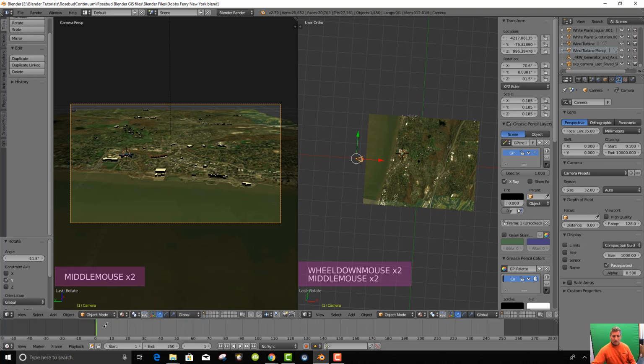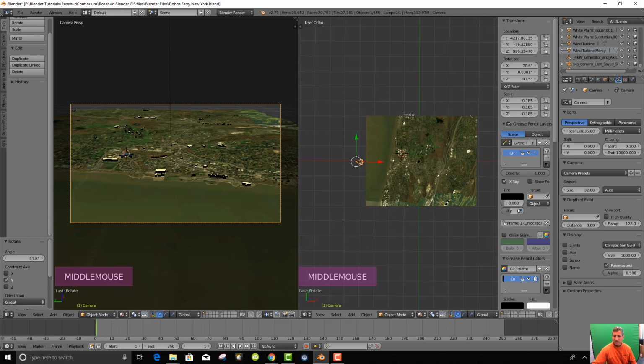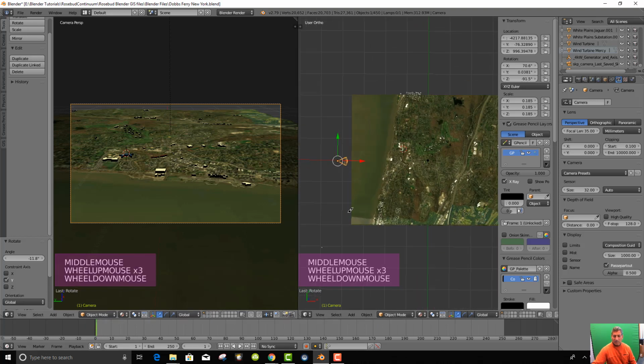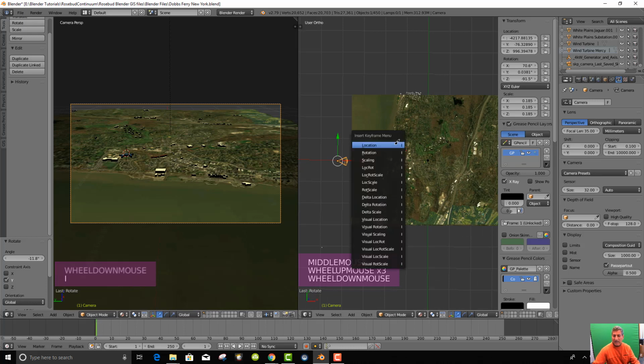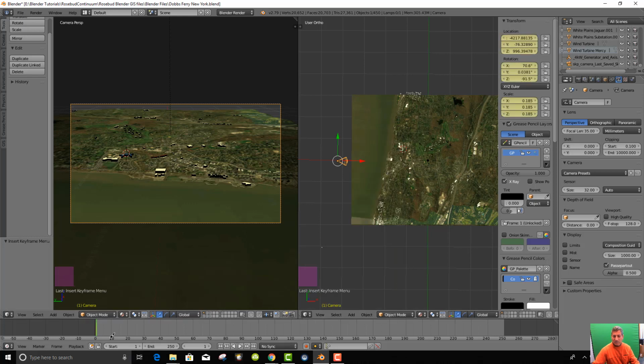And then note the timeline down here. It's set at frame 0 of the animation, and that's where the camera is. So I will hit I and put location, rotation, scale. So all those parameters are captured as a keyframe. And then I'm going to go 3 seconds in, because 30 frames is